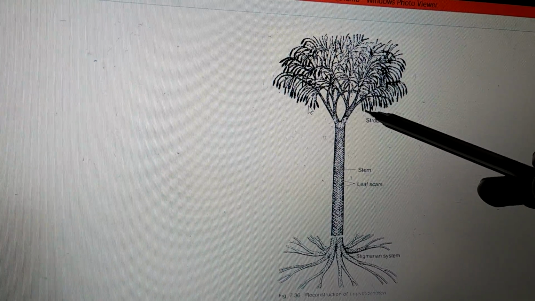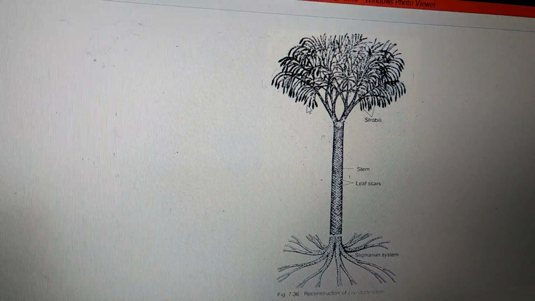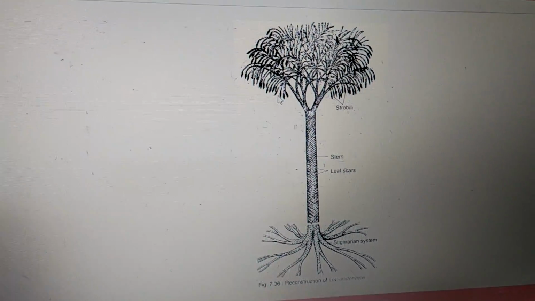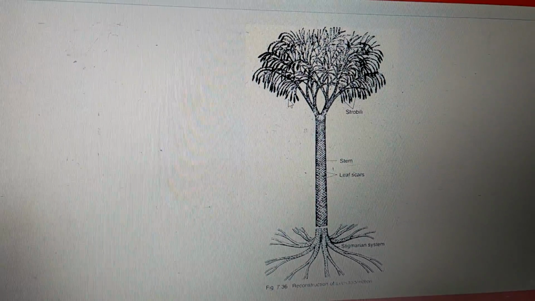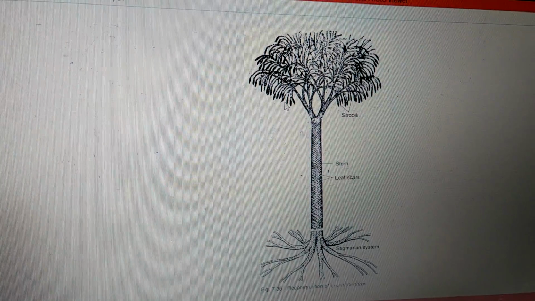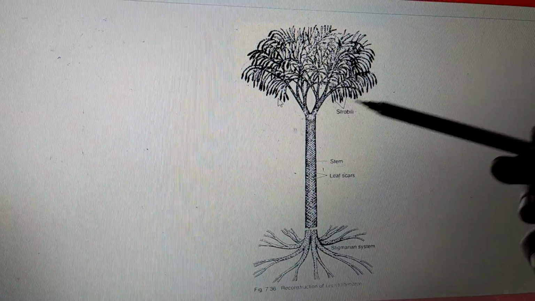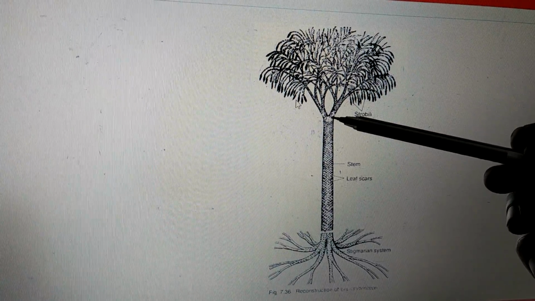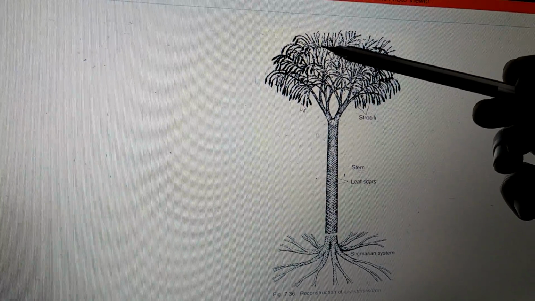Now some of the leaves are somewhat dark color in structure. These are nothing but strobili. You can even call them cones, which we'll be discussing in our reproductive session. Now the branches and the foliage form sort of a crown at the apex of the stem. So this is the stem, and at the apex, the branches as well as the foliage are going to form a